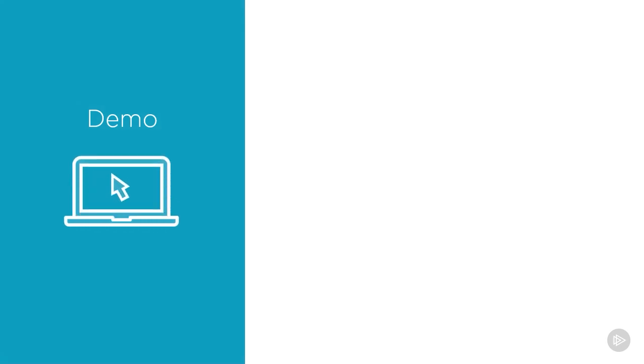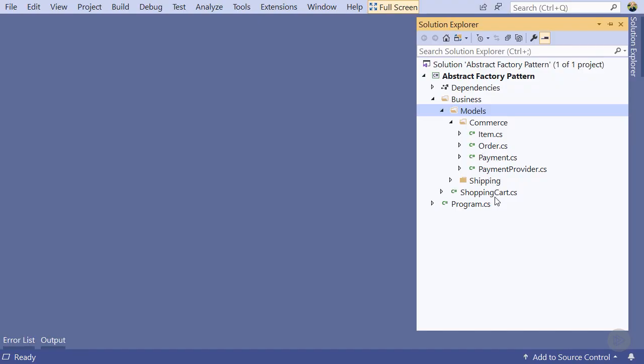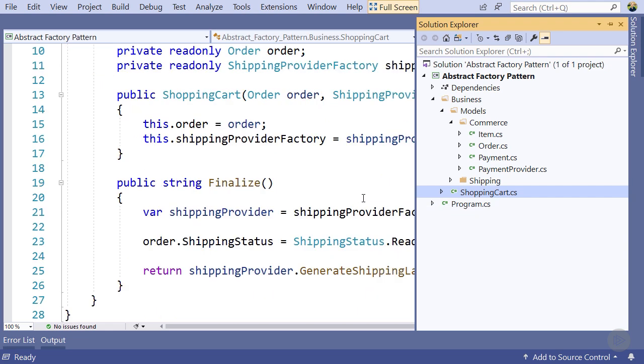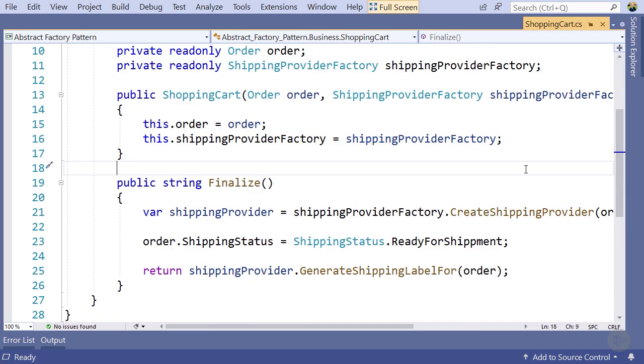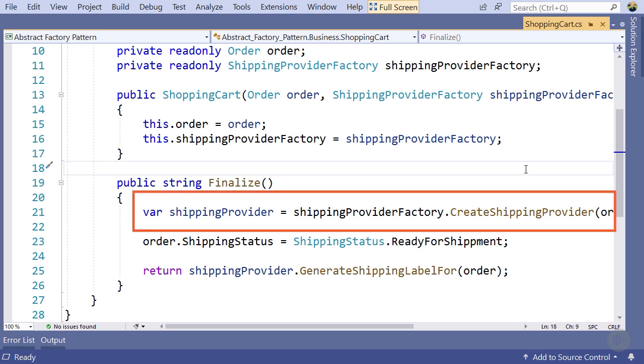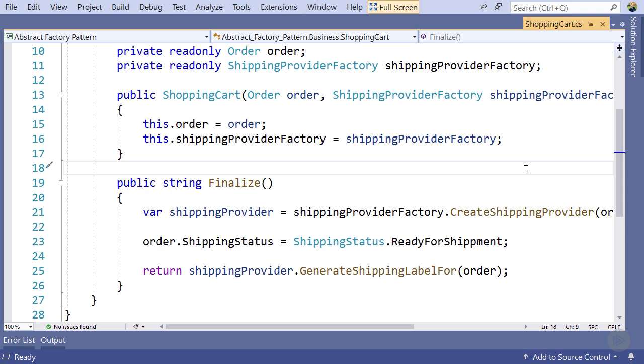We are now going to jump back into Visual Studio and see how we can change our application and introduce the abstract factory pattern. Currently, all that our shopping cart is really doing is allowing us to generate the shipping label for a particular order. We've offloaded the creation of the shipping provider to a separate factory, but now we want to introduce more functionality